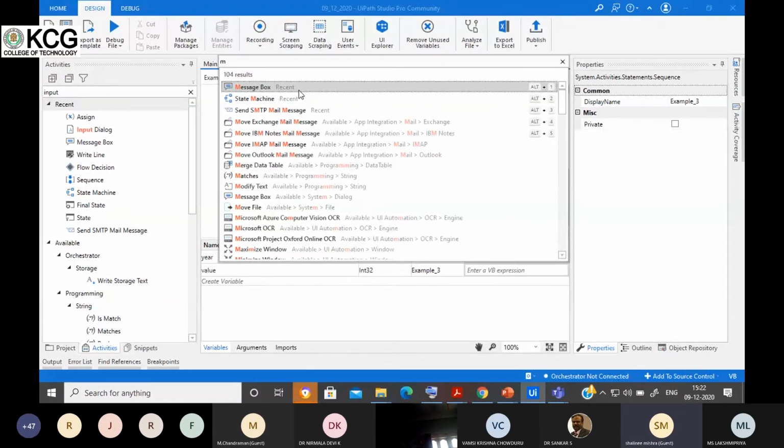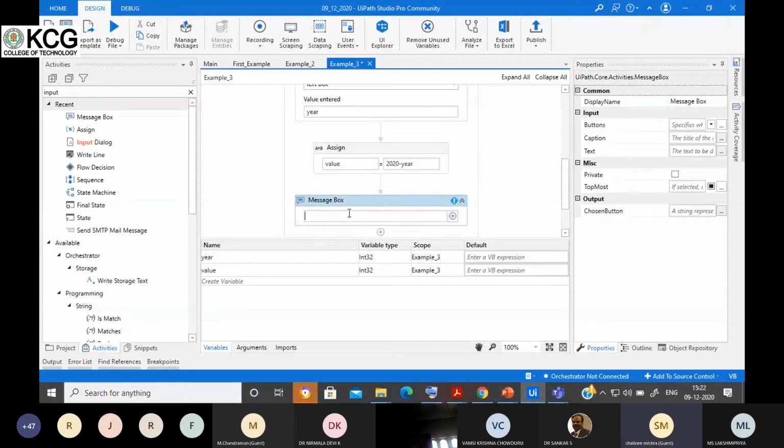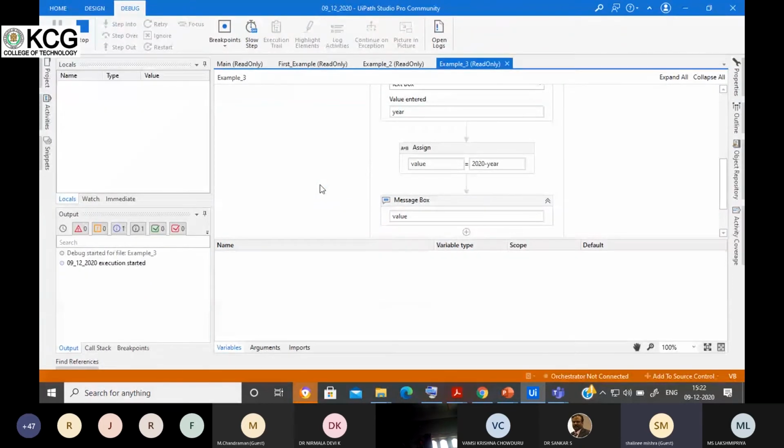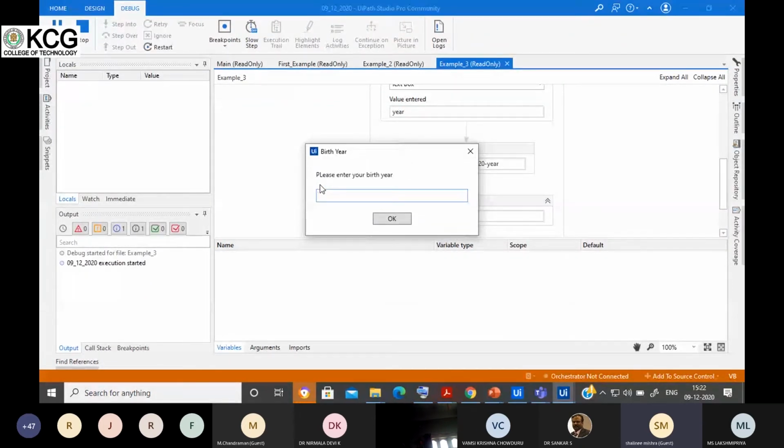Okay, and I want to display the output using this message box. So simply I'm going to display this value, whatever output will come. Okay, so let's start with this debugging. Suppose I enter the year as 1990.